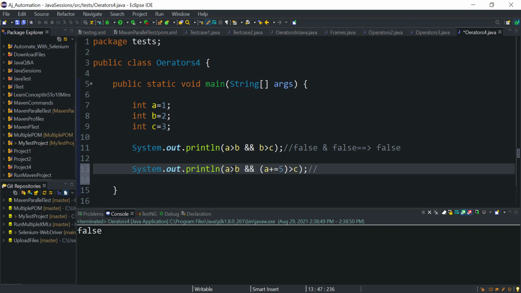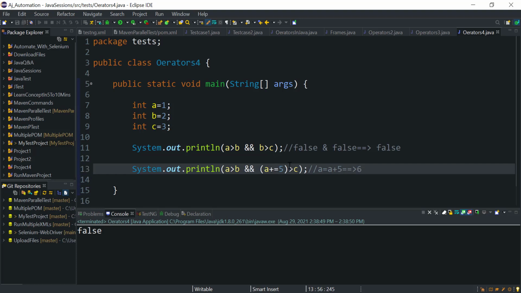Now this is a logical AND. The first condition result is false, so it is not going to check the second condition. Let me solve the second condition first. a plus equal to 5 means a equal to a plus 5. a is 1, and plus 5 means 6, so a will become 6.